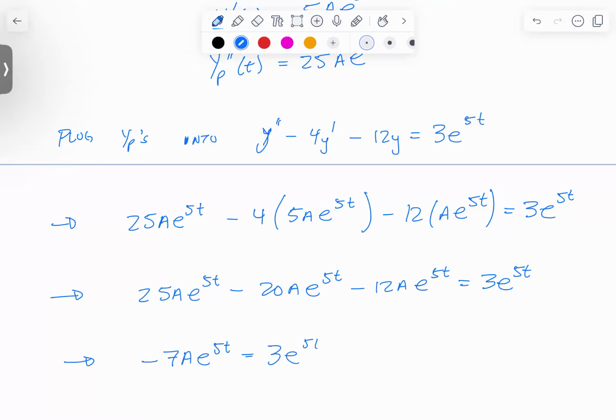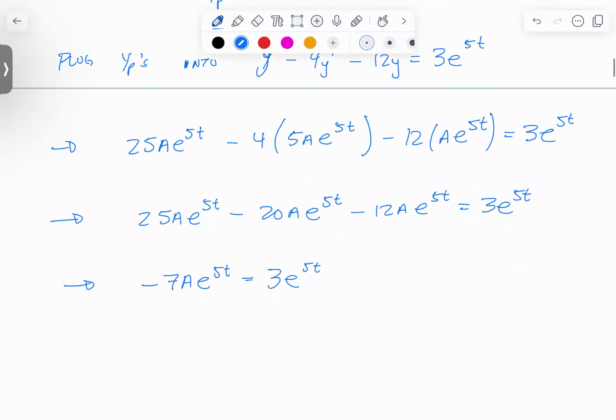And then, simple solve. The e to the 5t's can basically go away, so I have negative 7a equals 3,